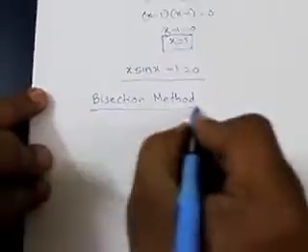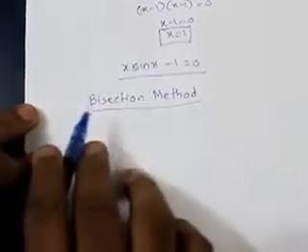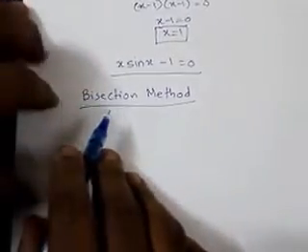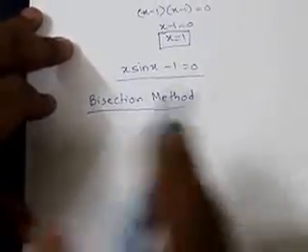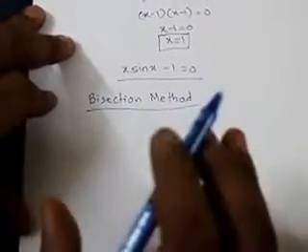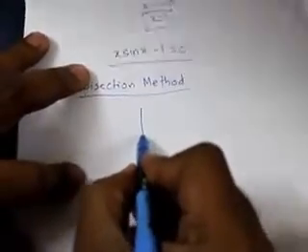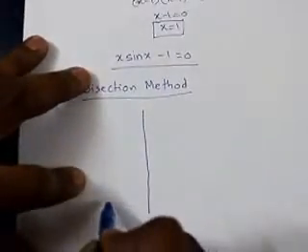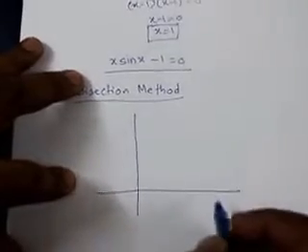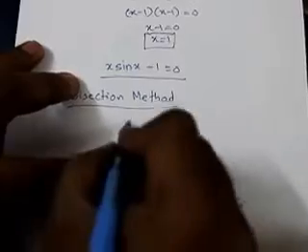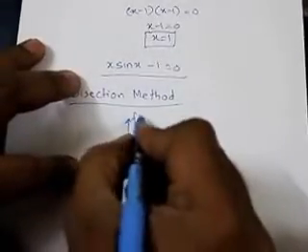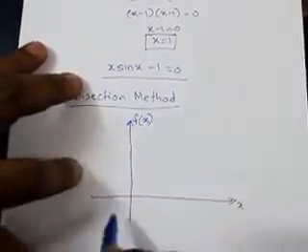Okay, as the name suggests, bisection means division into two. So whatever interval we are going to have, we are going to divide it into two halves and see where that solution lies, something like that. Let me show you how we are going to do that. Okay, x-axis, y-axis, reverse in fact. Okay, x and y, or we are going to call this axis f(x), the value of f(x). Okay,